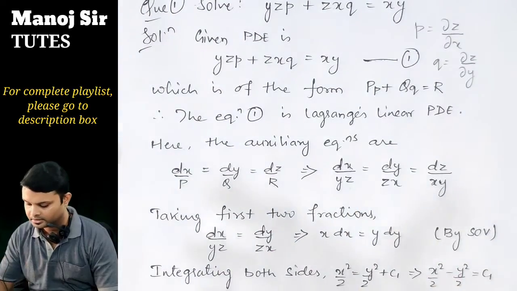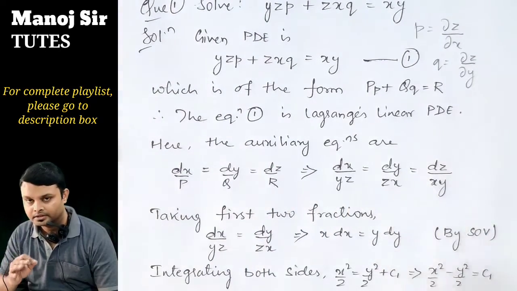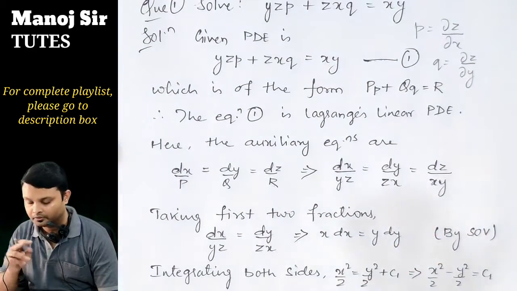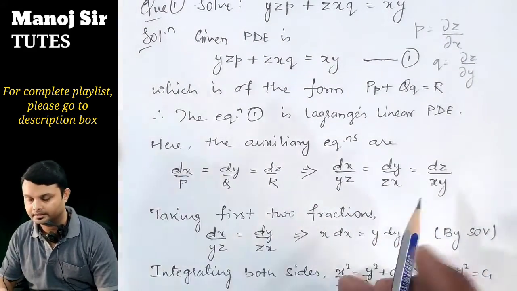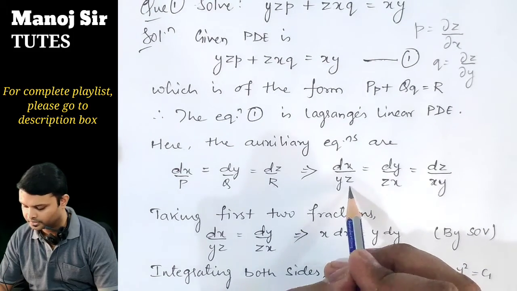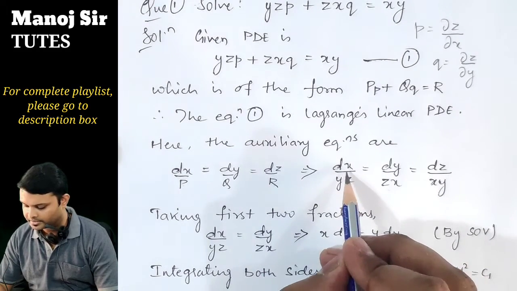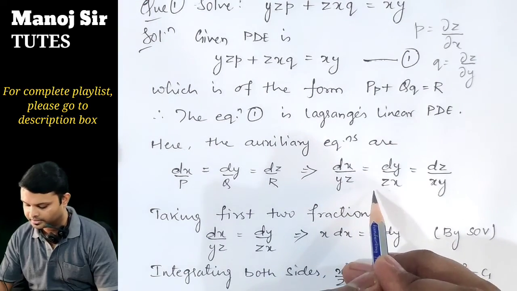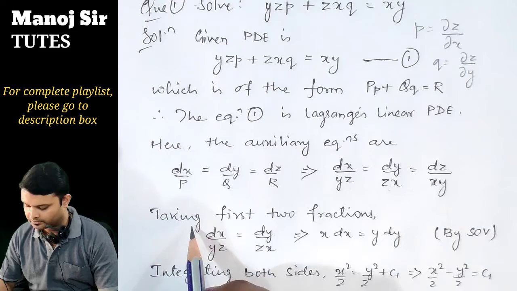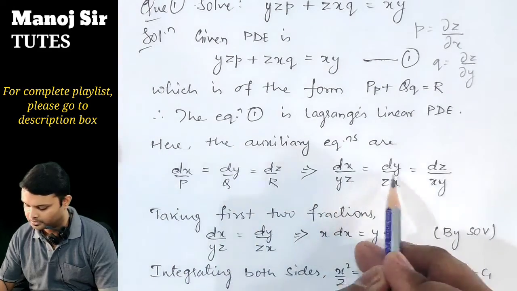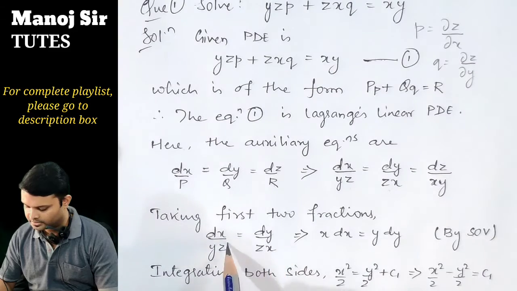There are two cases: either z should not be present in those two fractions, or if present, we can easily cancel z from those two fractions. So if we take these two fractions first, here we have x and y, but here we have z, so we can easily cancel this z. So we are taking the first two fractions, that is dx upon yz equals dy upon zx. Now here we can see